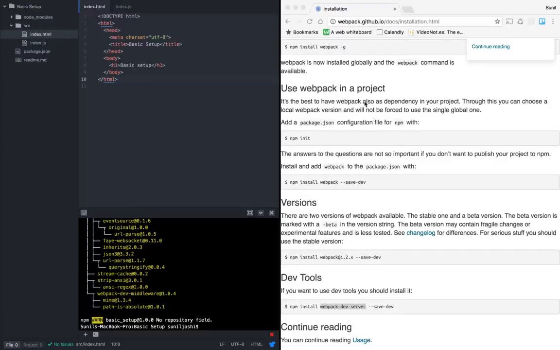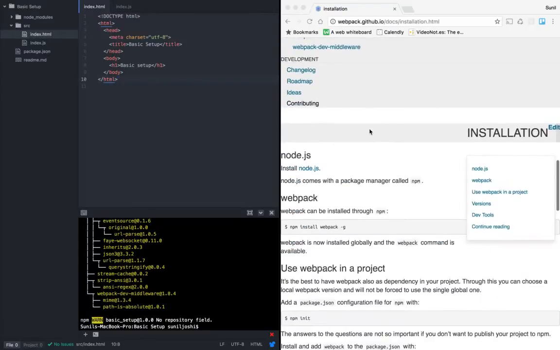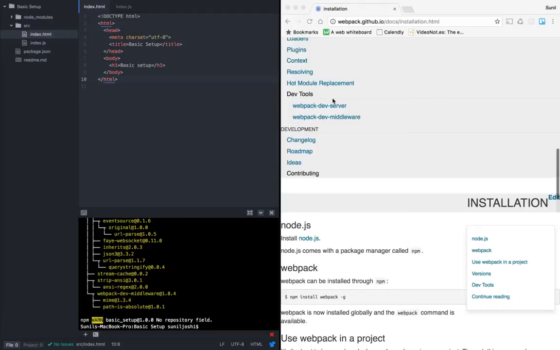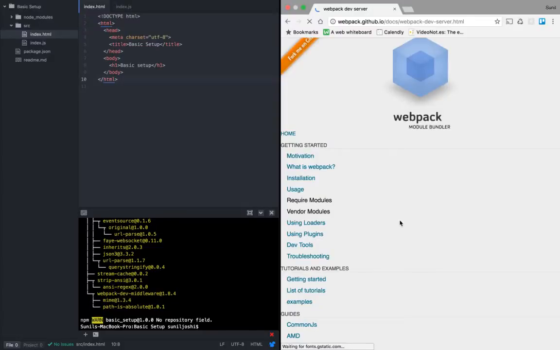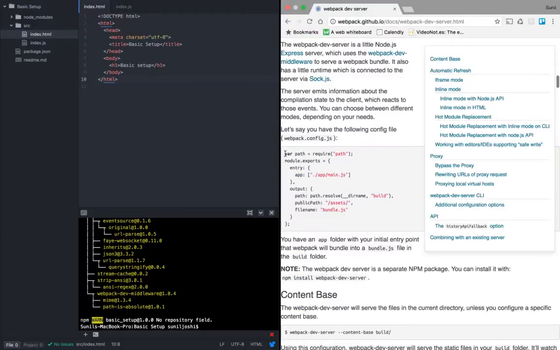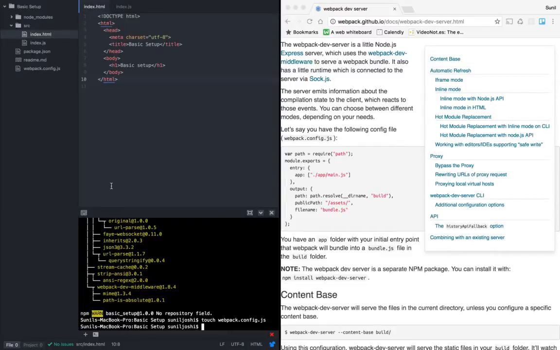As you see the Webpack dev server out here, okay, I went to installation steps, but anyways, the Webpack dev server is telling me to create a webpack.config.js, and this is the config file which it is going to read from and then run the project. So this is kind of mandatory to have. So let me quickly go ahead and create this file, webpack.config.js. Yeah, so I have this file.